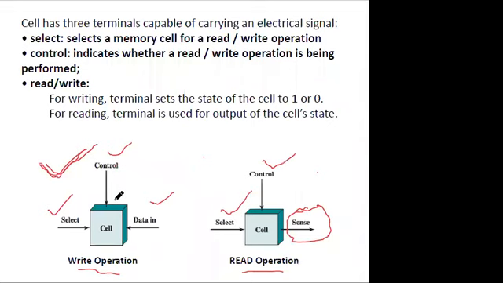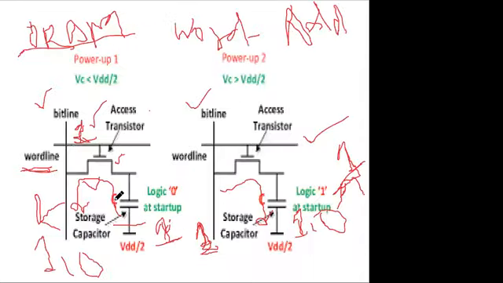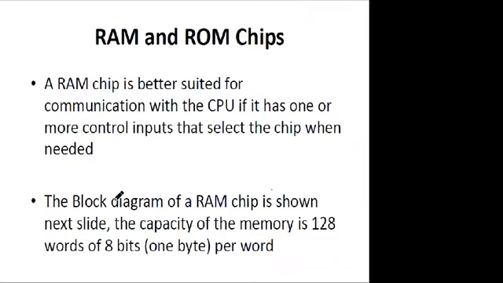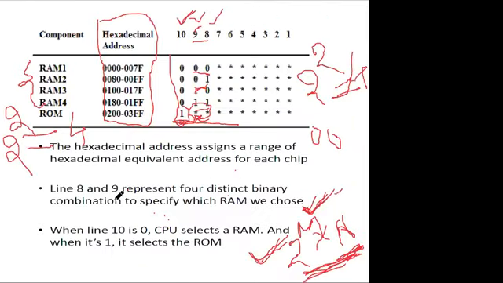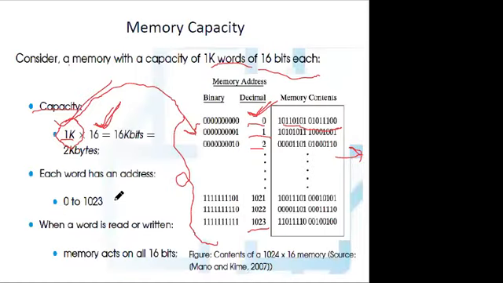And this is the basic cell, how it works. So right now we have seen the concepts of how static RAM and DRAM work, how the memory expansion is being performed in a circuitry, and what is the basic cell and what is the memory capacity.